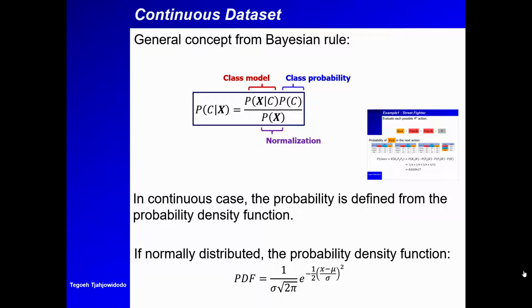So, okay, the tool for a naive Bayes problem in a continuous dataset is exactly the same as before. We are using Bayesian rule. Right? So you know about this equation, it's Bayesian rule. The only difference for a continuous dataset is as follows. Let's start by